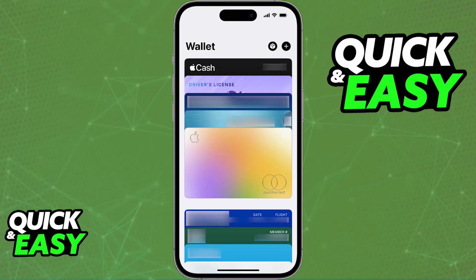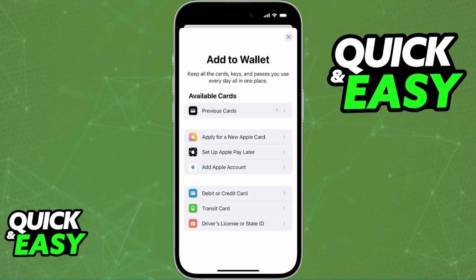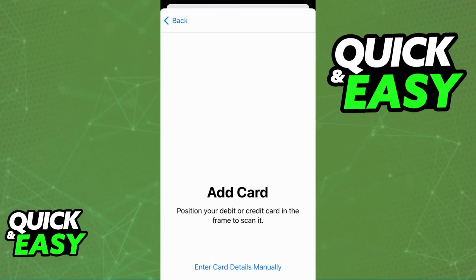So I recommend that you open the Wallet application, and in there, tap the plus button at the top right corner of the screen. This will allow you to add various different payment methods, but I'm going to be focusing on credit or debit card, which is going to be the main one used on the App Store. So choose the option to add a debit or credit card and go through the process of assigning a card